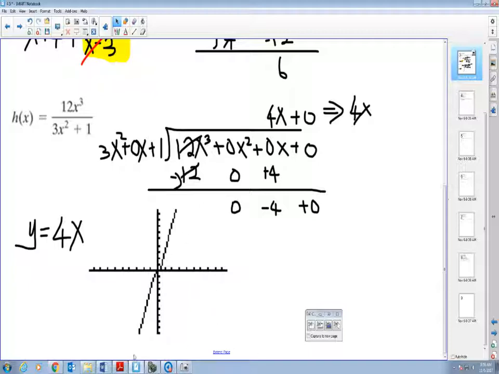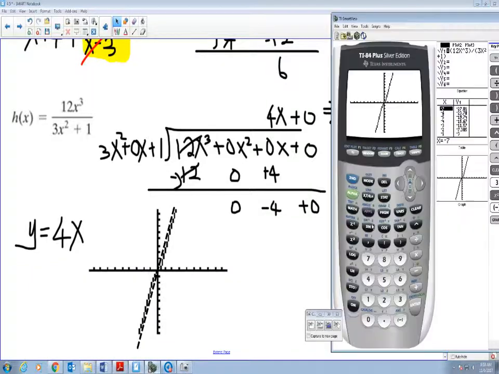What's happening here is there are actually two parts to it. There's a straight line, y equal to 4x, that actually separates my graph into different parts. It's a little bit tight right here. So one part stays on one side, the other part stays on the other side of my y equal to 4x. Graphically, that's what it's going to look like. But it's really hard to see it on here,